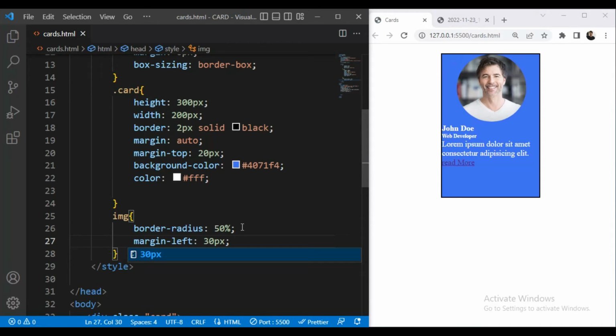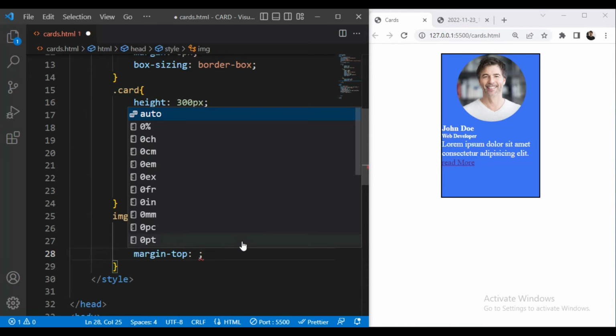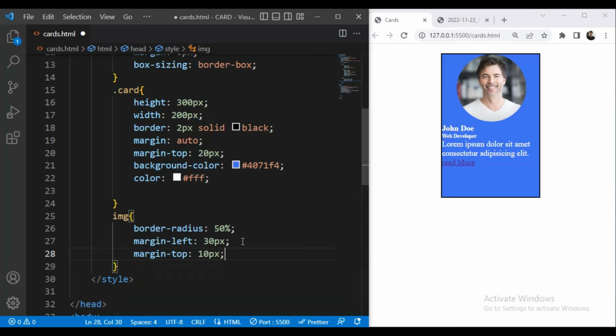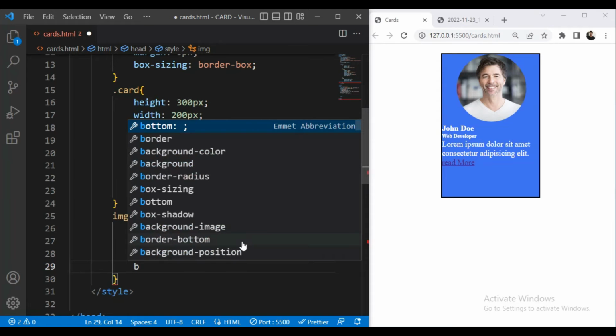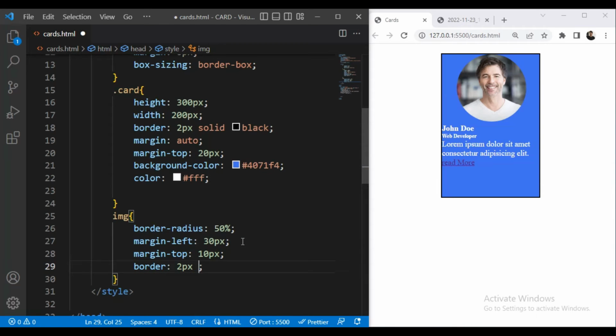So let's save this. Then margin from top, and that will be 10 pixels. Then we'll add some border to it, and border will be 2 pixel solid white. So let's save this.